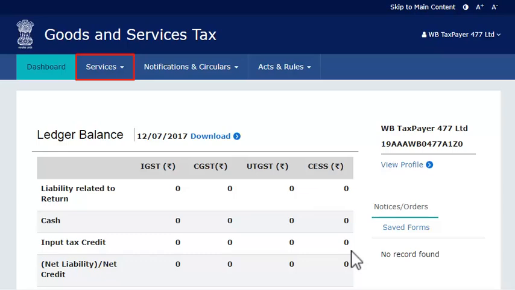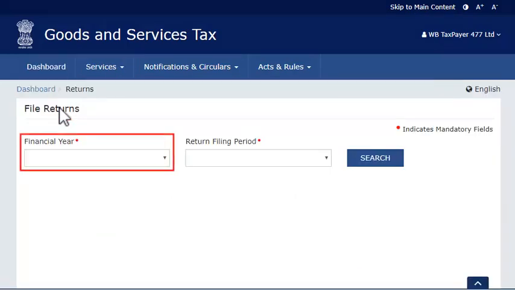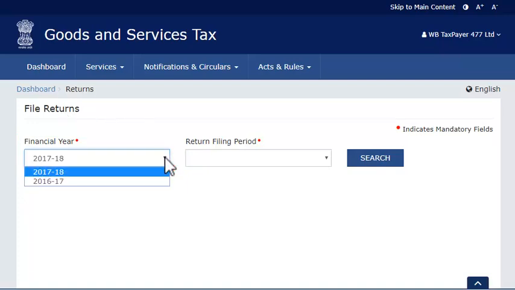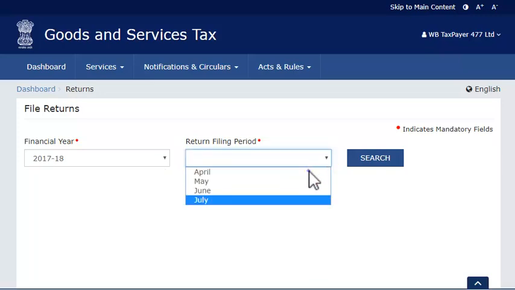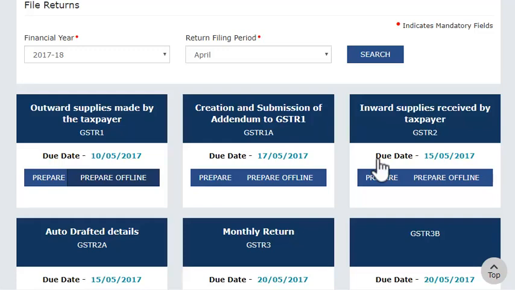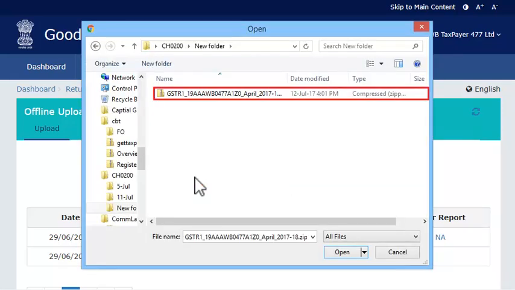Once done, log in to the GST portal and find your way to the returns dashboard. Select the financial year and return filing period as you did in the offline utility and click Search. The pending returns of the selected tax period will get displayed. From the outward supplies made by the taxpayer GSTR1 tile, select the Prepare Offline option. Then select the JSON file that you created